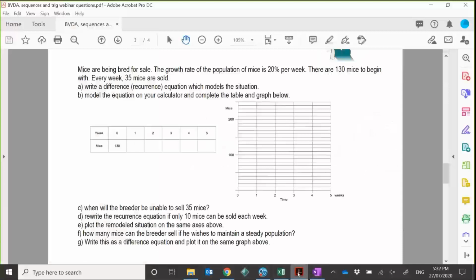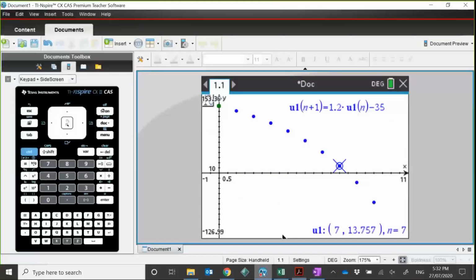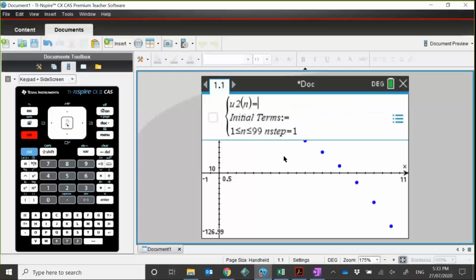Plot the remodeled situation on the same axis above. So if we come back to the graph, to get out of the trace mode, just hit escape. Now, to redraw a new plot, we can edit the same one, but I'm actually going to put in a new graph. So if I hit tab, notice how it now says U2, because this is my second equation. So I'm going to put in n plus 1. It's the same equation, so 1.2 multiplied by U2, bracket n,